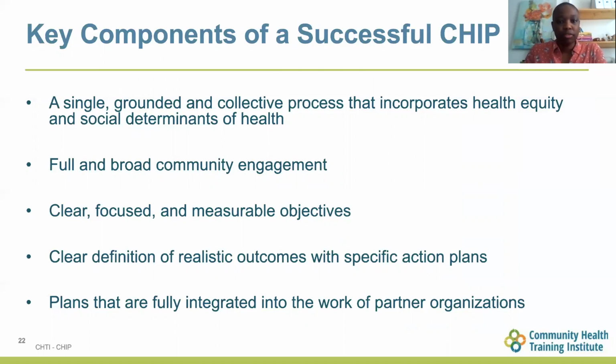Along with the steps on the previous slides, we wanted to highlight what we think encompasses the key components of a successful CHIP. We want to ensure your process is rooted in health equity and works to build deep partnerships with multi-sector stakeholders. We want to make sure you identify clear and measurable objectives that lead to overarching priorities for your geographic area. Finally, you want to make sure your plan has buy-in from all your partners and that the larger community is on board in order to reach collective impact.